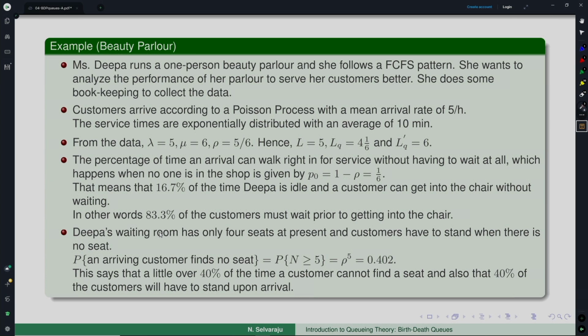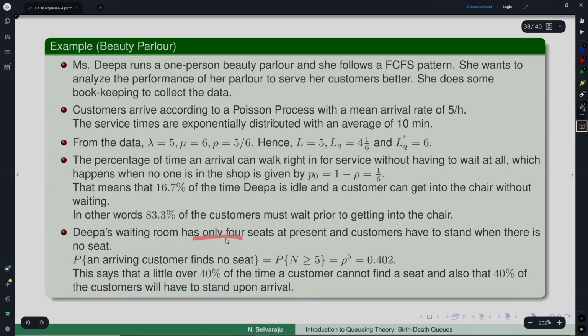And also in the beauty parlor, apart from the serving space, there are 4 other chairs for waiting. The remaining customers, because she does the job so well that they do not mind waiting, stand and wait. So, only 4 people can sit. The waiting room has only 4 seats at present, and the customers have to stand when there is no seat. Now, if you want the probability that an arriving customer has no seat, which means he has to stand,